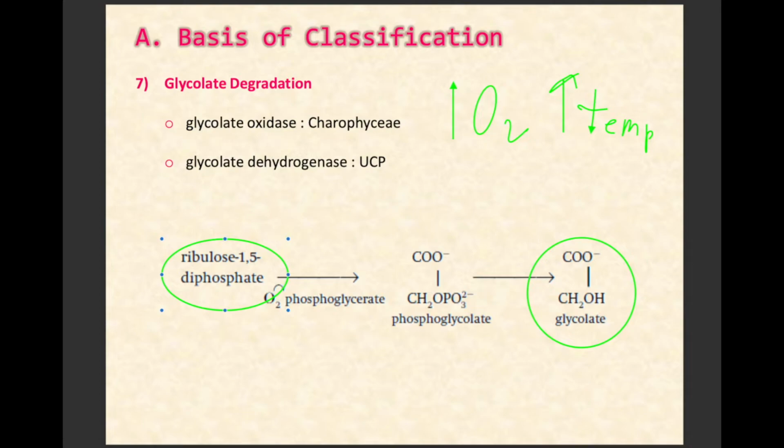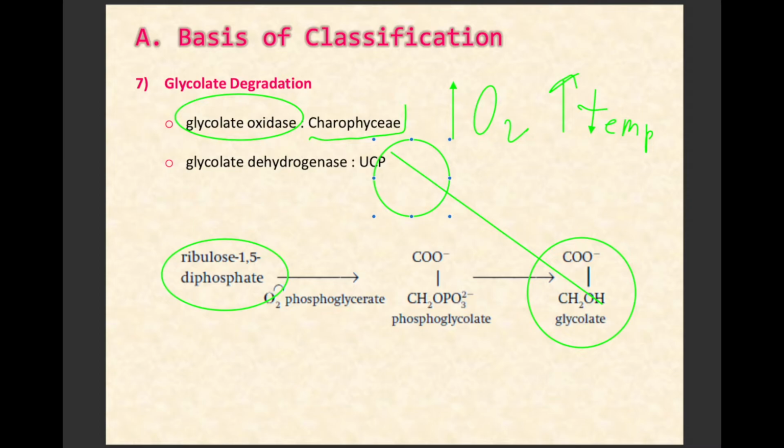Hindi ka na nga makaka-extract ng energy dyan. Kailangan mo pang i-breakdown yan using certain enzyme to bring it back to your ribulose 1,5 bisphosphate. So, sa mga charophyte natin, ito yung mga kamag-anak nilang plant, ang ginagamit nila is yung tinatawag nating glycolate oxidase. So, si glycolate, i-act on ng mga glycolate oxidase at gagawin niya yan, parang ibabreak niya yan into your ribulose